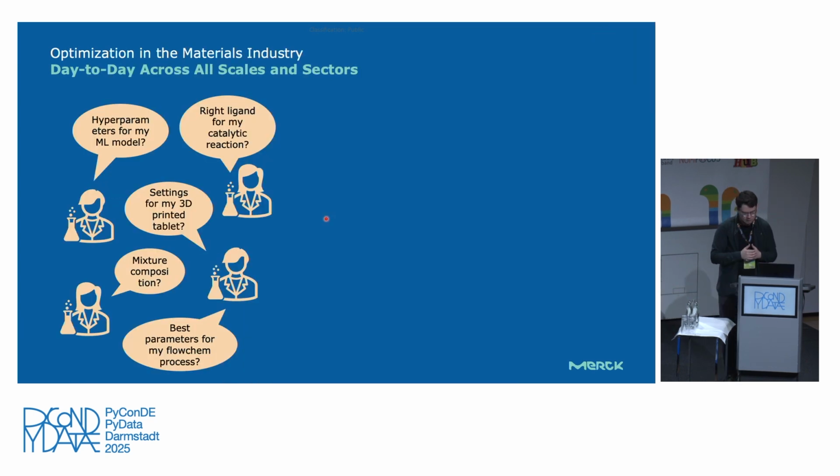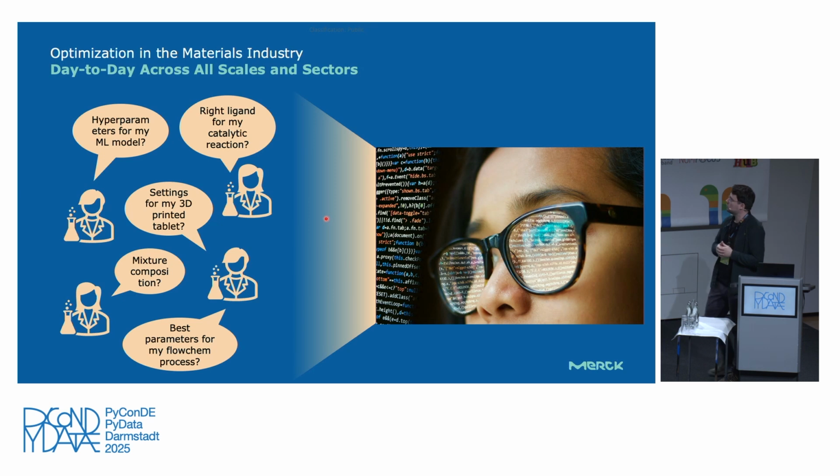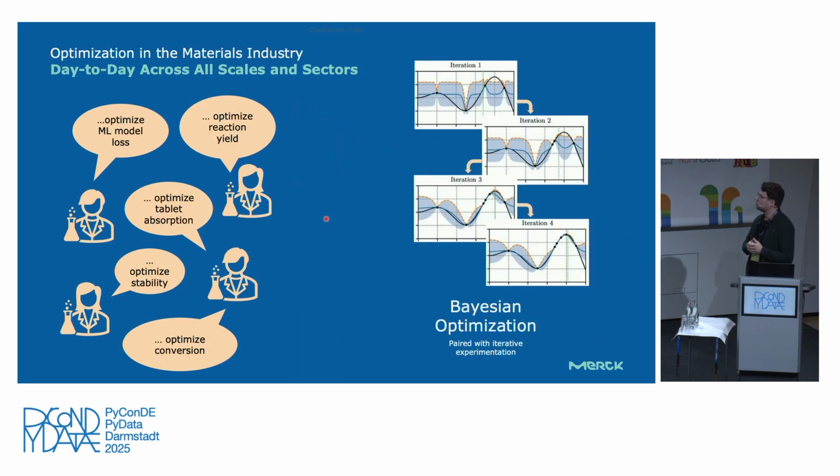These people typically would say, "I have a very different problem." But we put on our data science goggles, our abstraction goggles, and we look at that, and actually what we see in all of these cases is that people want to do optimization, obviously. So they want to maximize the yield. We want to minimize a model loss, optimize the absorption of a tablet by choosing the right parameters, how it is printed, even in 3D printers, for example, or